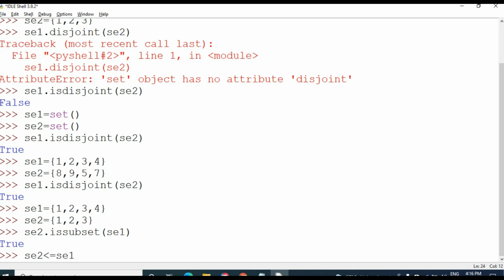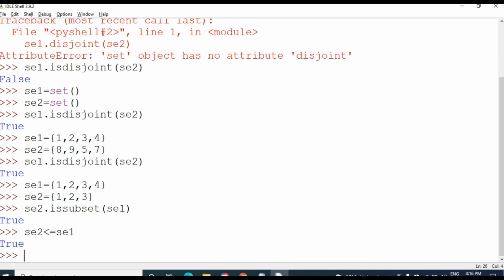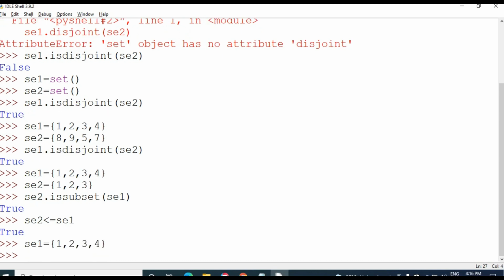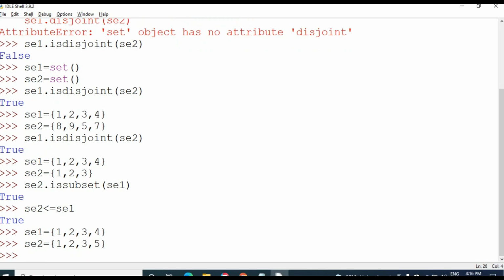I am going to perform it in the abbreviated way, with the symbol. Both are having the same meaning. Now I am going to change set 2: set 1 stays as it is, and in set 2 I am going to add one more element, 5.